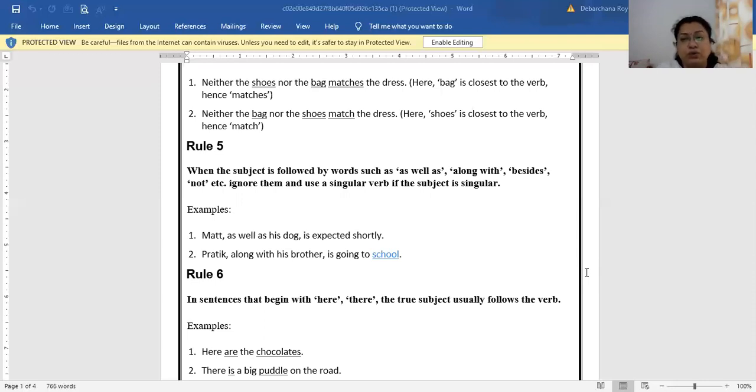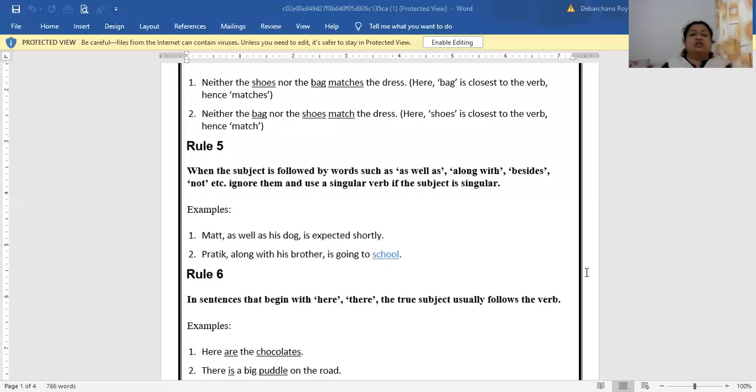तो हमें इन वर्ड्स को इग्नोर करना है and we have to take care of the subject whether it is singular or plural. According to that only we are going to work. Even if these words are being followed by the subject, still we will ignore them. अगर ये वर्ड सब्जेक्ट के साथ हैं फिर भी हम इनको इग्नोर करके we will see whether the subject is in the form of singular or not. Clear?